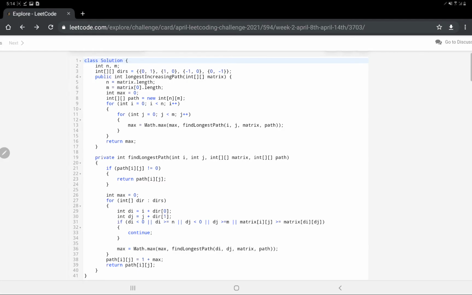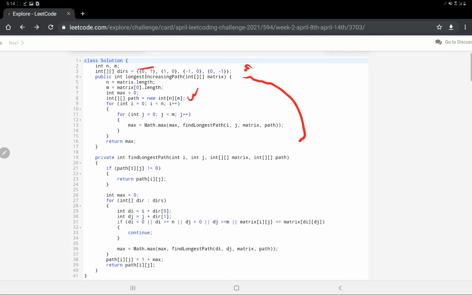I've written the code over here. The code is as follows. I've taken two variables, n and m, for the matrix length that would be given to us, and these are the direction variables, that is, in which direction we'll move i, j. That's a basic standard procedure, no need to explain it. So n and m will store the lengths along the i as well as j index.